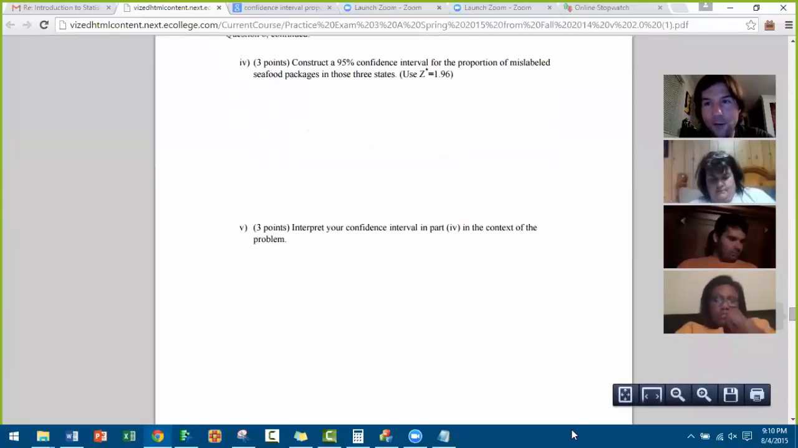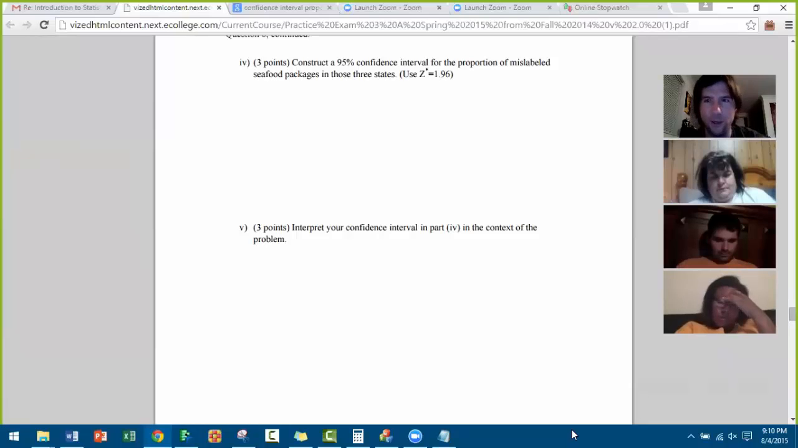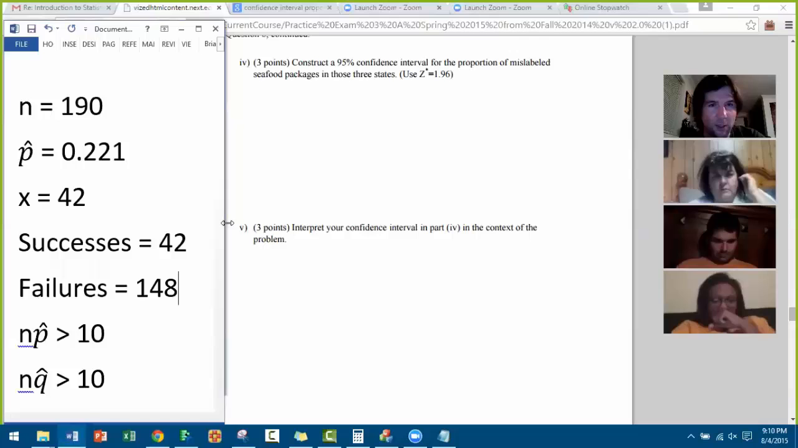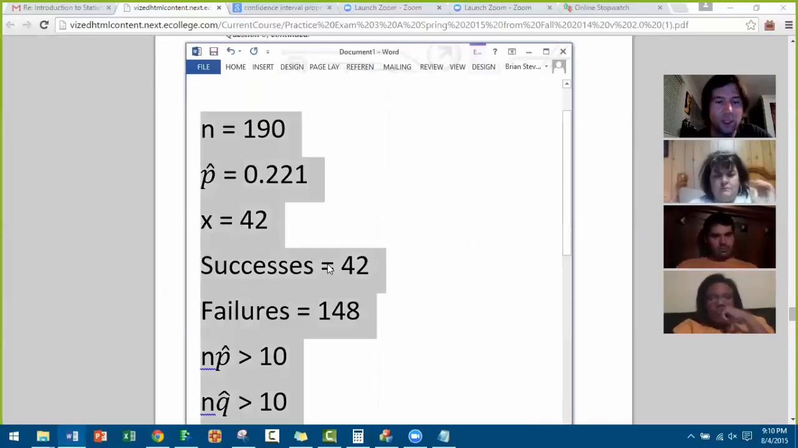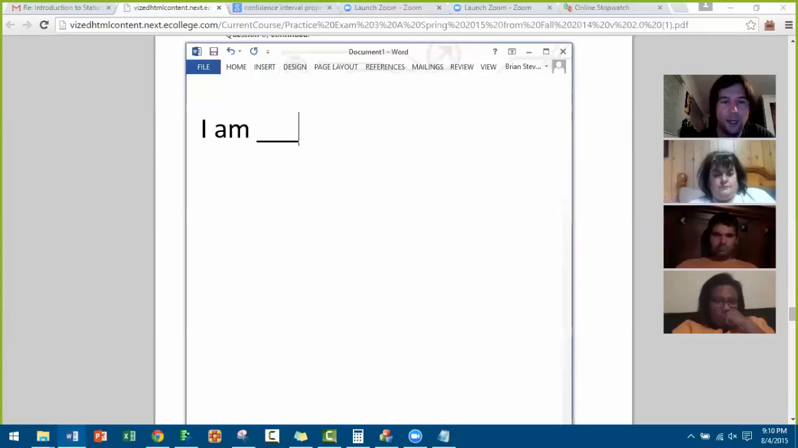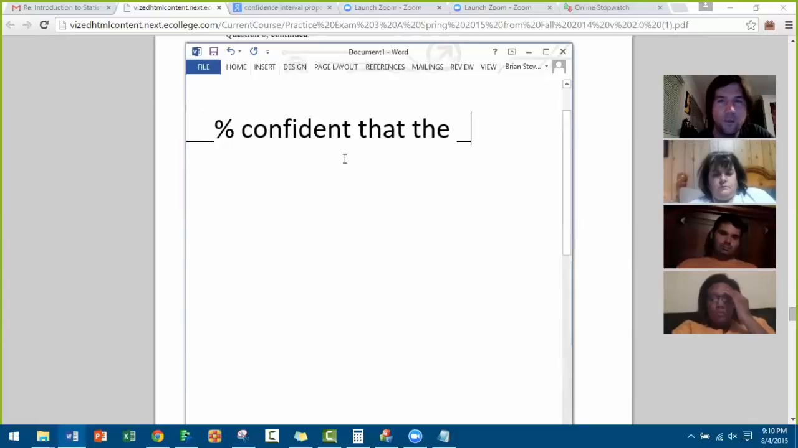I am 95% confident the true proportion of, and that's key. Let's slow it down a little bit. Confidence intervals have a very specific interpretation. I was about to just yell it out, but let's make sure you guys know this. Every confidence interval is going to have the interpretation, I am blank % confident that the